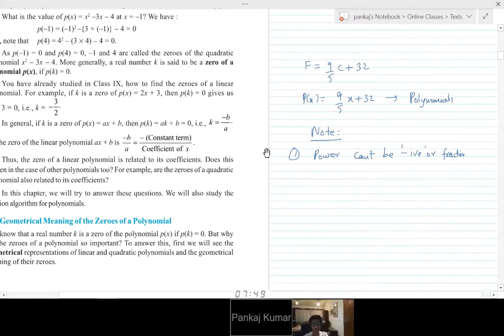But algebraic expressions can have. Suppose this is an algebraic expression, isn't it? It has terms, it has mathematical operations, so it is obviously an algebraic expression, but it is not a polynomial. So that's the special definition of polynomial. That's why it's separate from algebraic. So algebraic expressions are a broad area, and polynomials are a subset of that, a part of that.